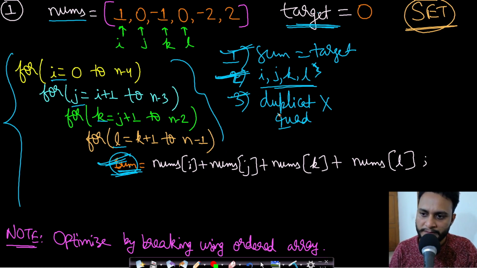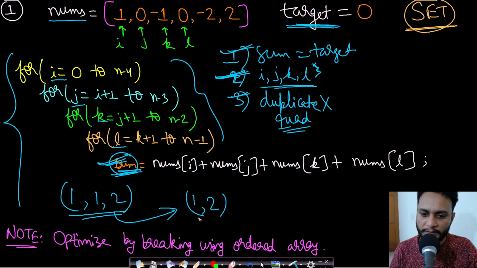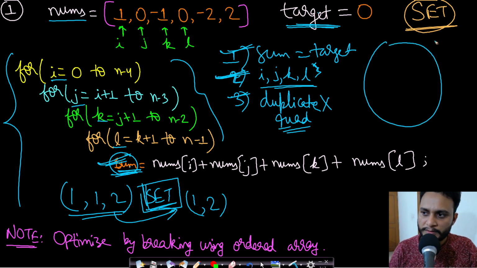Now how do we fulfill this criteria of avoiding duplicate quadruplets? So if you remember, if we are having multiple elements, okay, and we want to reduce them to just unique elements, then a very good data structure for doing this is a set. Okay. Because a set only keeps the unique elements. It will remove all the duplicates. You don't have to do anything. You just need to use a set in order to maintain the unique quadruplets or unique elements. So in a similar way here as well, we will be using a set.